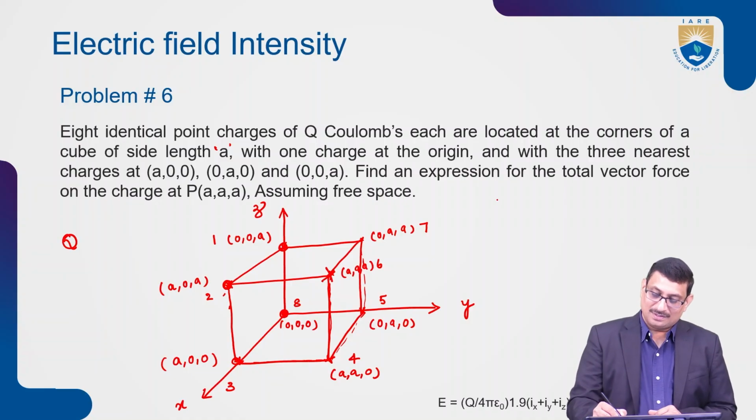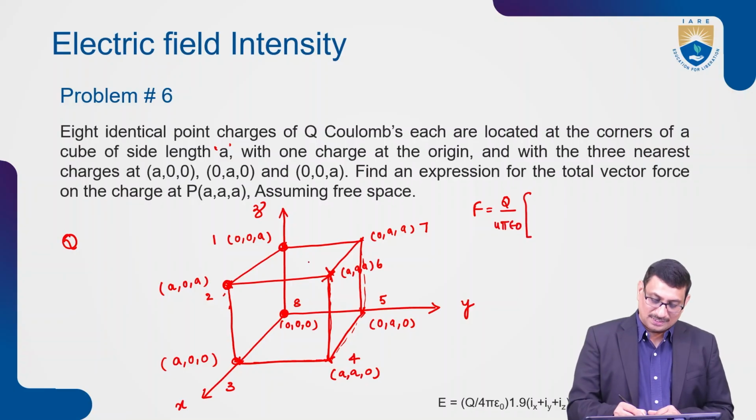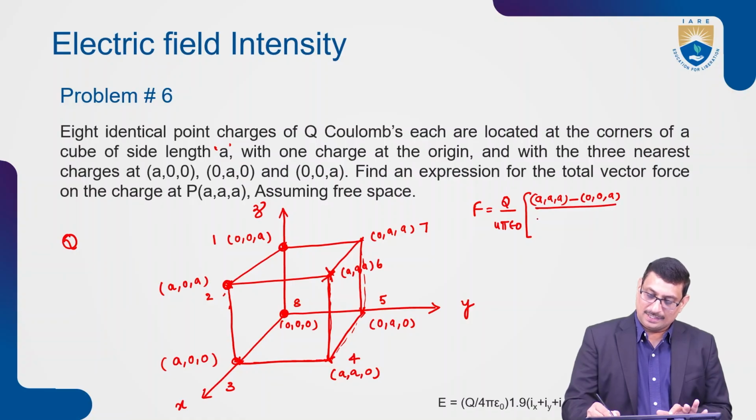Therefore, force is equal to q divided by 4 pi epsilon naught into, due to the first charge, assume that where we have to calculate at (a, a, a), minus the first charge (0, 0, a), divided by the magnitude of (a, a, a) minus (0, 0, a) whole cube